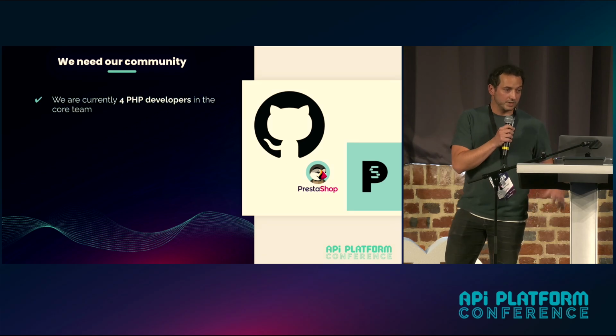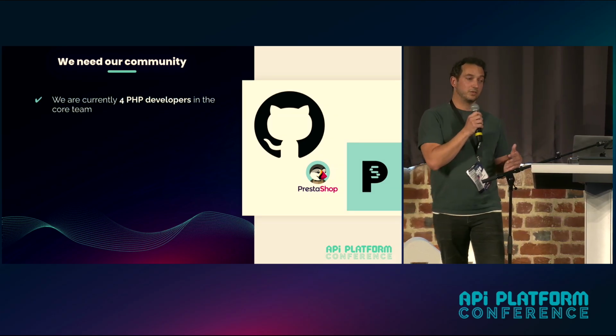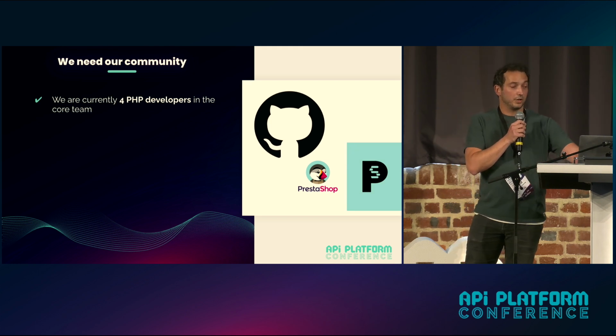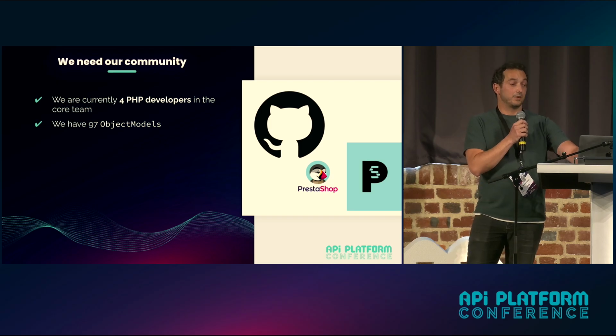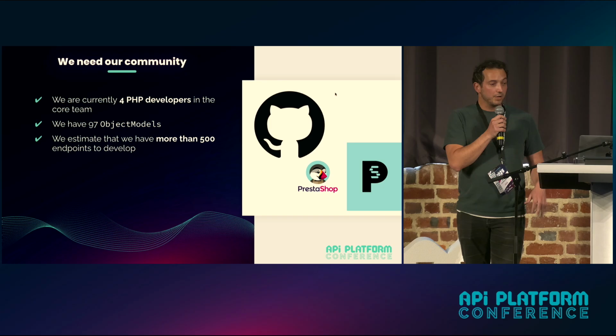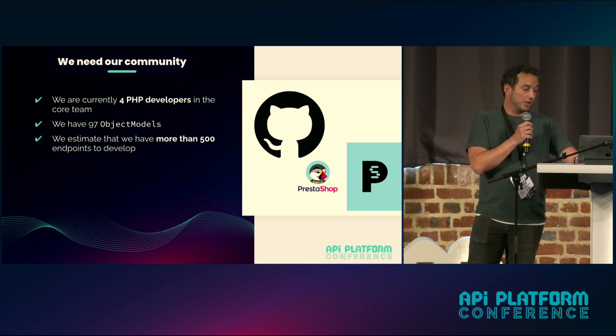The reason we wanted it to be module first is because we know we need our community to help us with this new API. We are only 4 developers in the team currently, and we need to handle 97 object models. Just to give you a bit of numbers, we estimate that we'll have more than 500 endpoints. So if we do it just with us, it would take too much time.